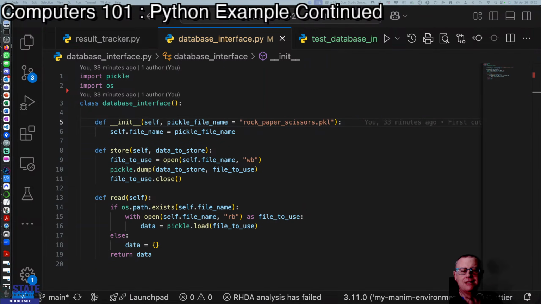Okay, here's the database interface file that we're going to test. Now the question is, what do we test? Well,